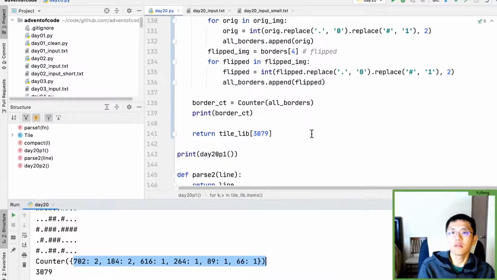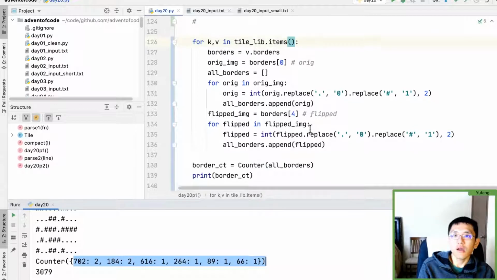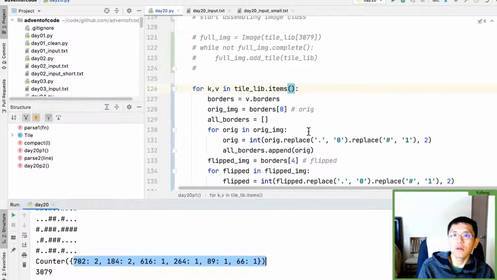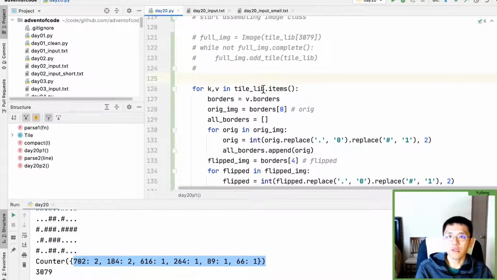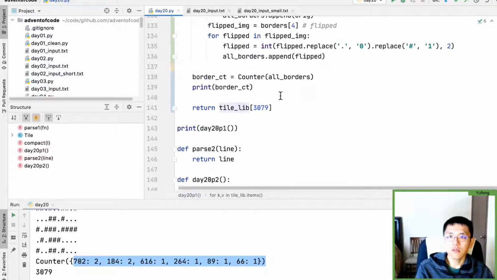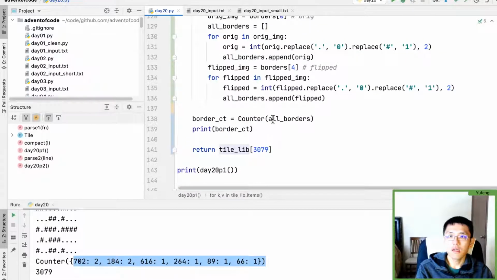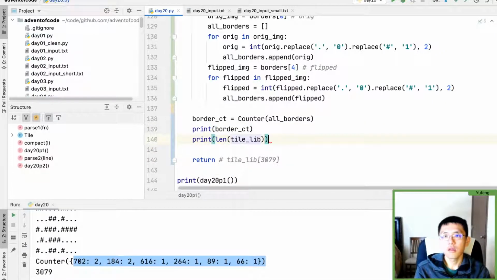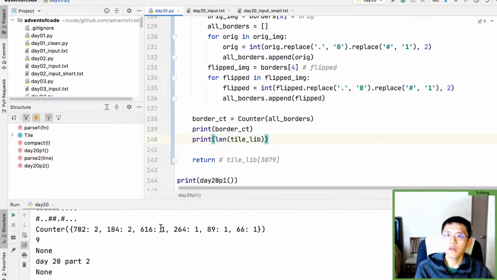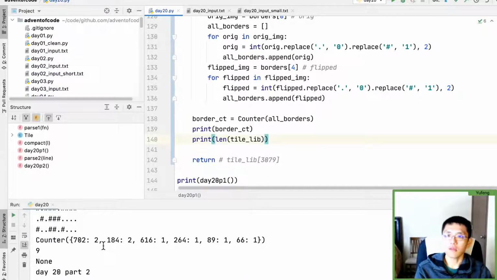Oh. Why are there so few? I also then want to print out the size of this. What the heck? Okay, there's 9 things,